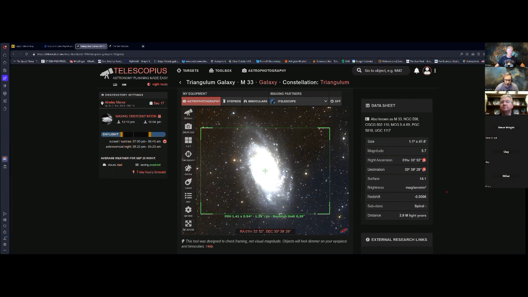I know I've got a little bit of a head start already on that. I processed a short amount of data on it already, but I do have a logistics question. I know some of us are capturing mono, some of us have color. How do we mash them together?